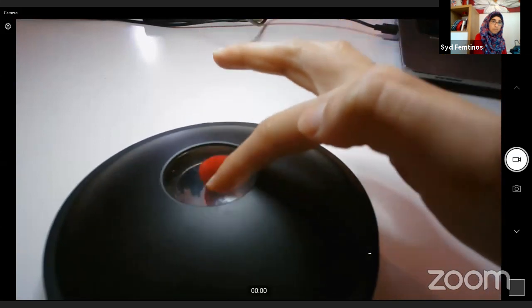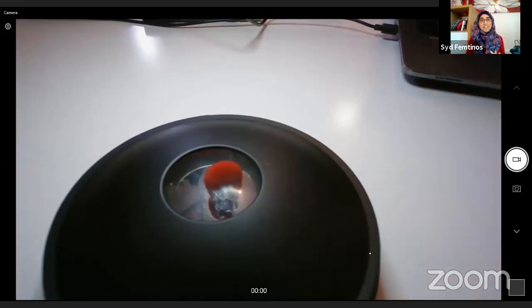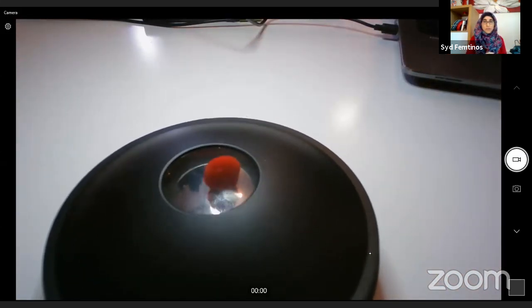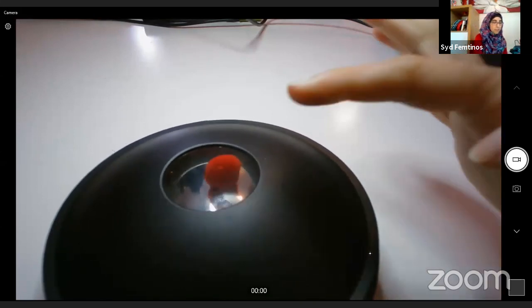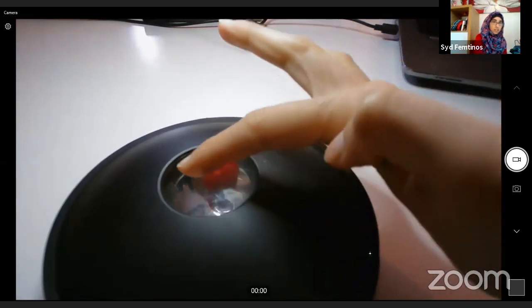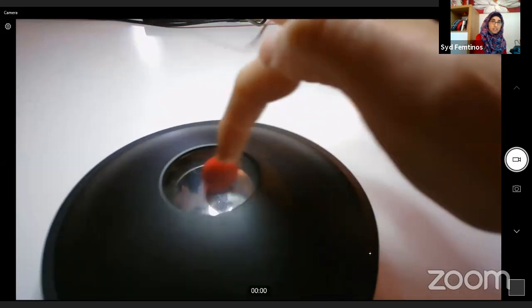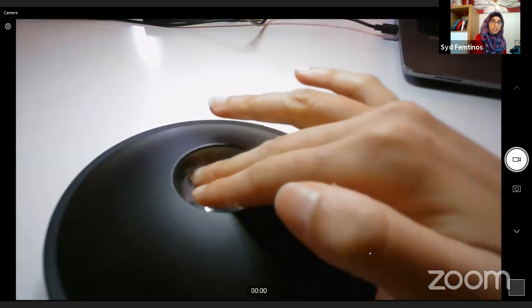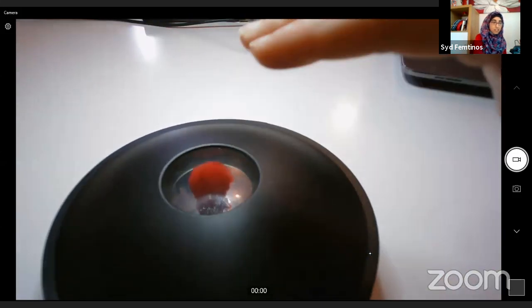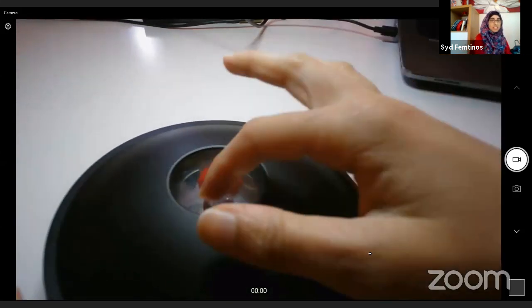Where is the pom-pom? Okay, so I've done this experiment loads of times when we do events, when we do stalls, and people get really excited, even the adults do, because there is no pom-pom. It looks like a hologram. I can put my fingers through it. And what's happening is